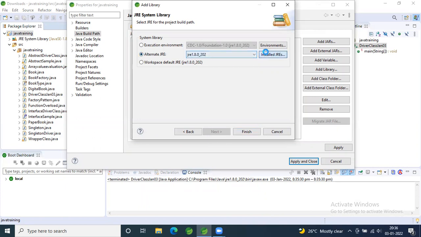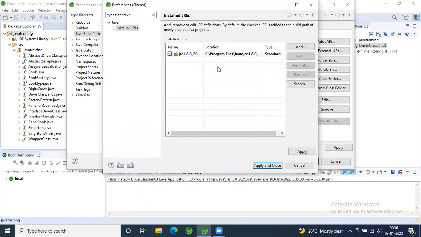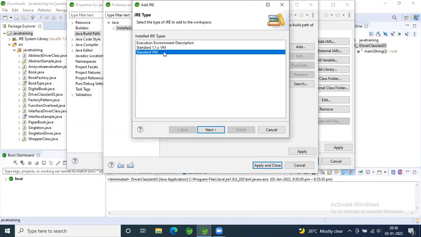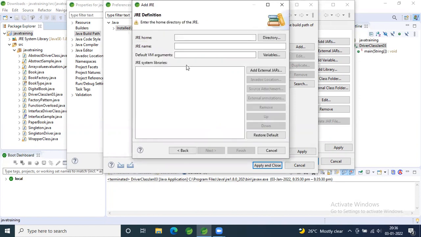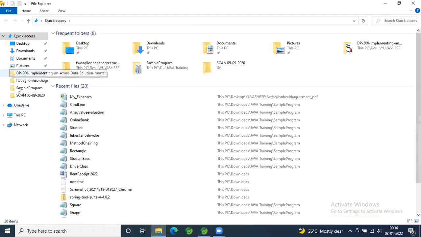Now give add, on your right side. Next. Now give your JDK home and the path, where exactly your JDK is present.